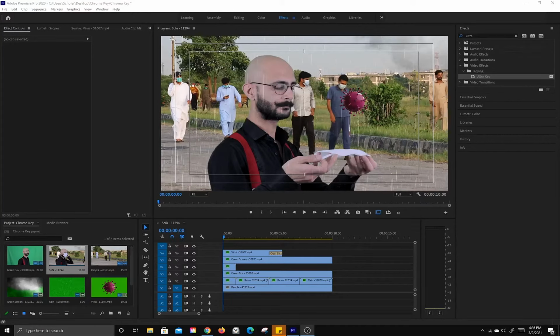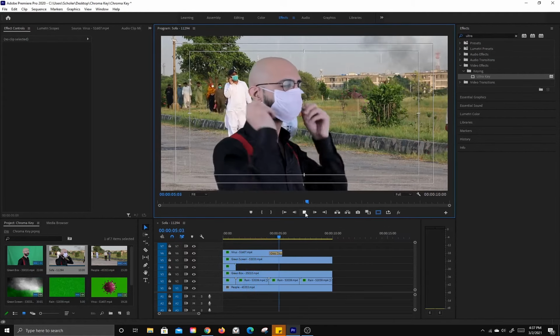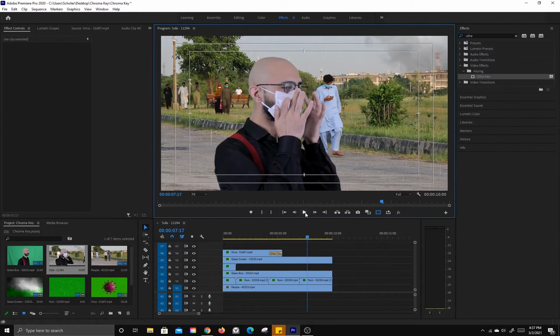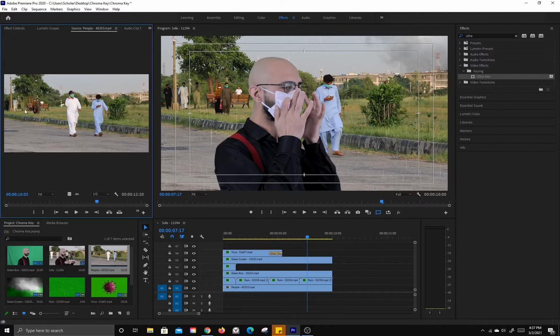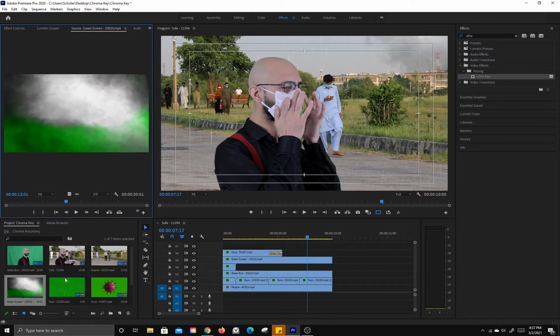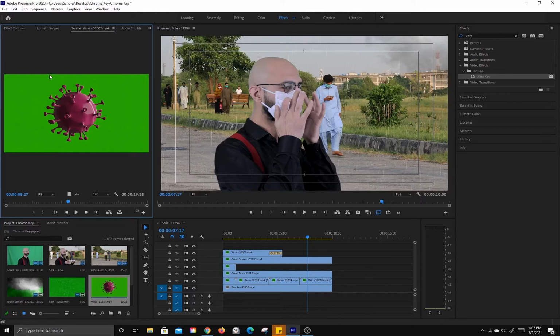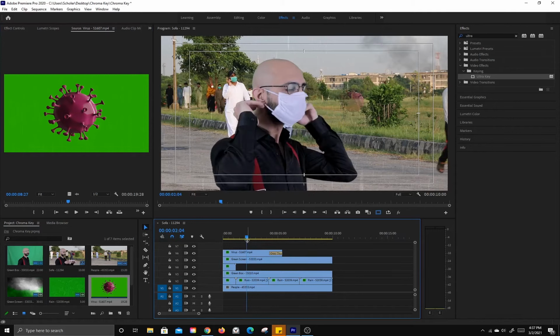Let's look at how to put together a video using multiple green screen clips that look something like this. Now this video has 5 different clips in it. It has a piece of footage of people walking, a man putting on a mask with a green screen background, a cloud with green screen, rain with green screen, and a piece of virus with a green screen background as well. So we're going to put all of this together and composite it so that it looks like it is